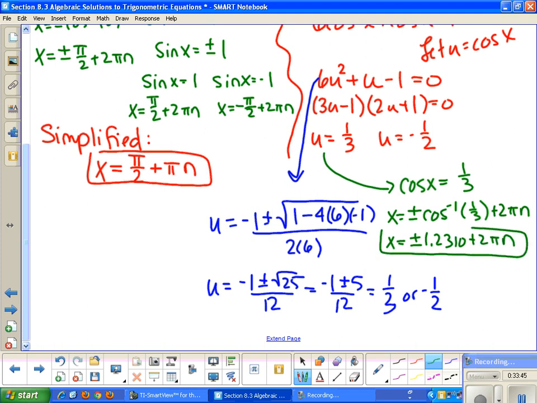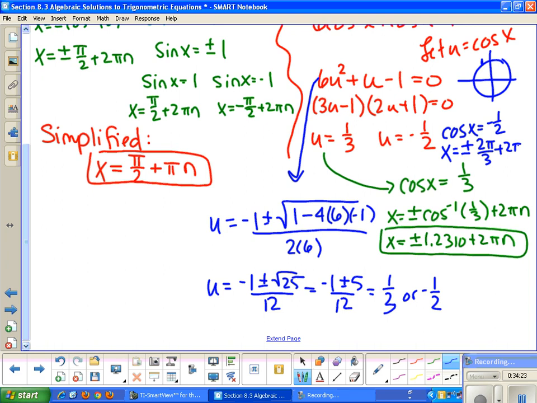And then I'm not done because remember I still have to do this solution up here. So I get the cosine of x is equal to -1/2. That is a value on my unit circle. Since it is a value on my unit circle, I can use my unit circle to help me. I know I would be in the second quadrant or the third quadrant to get a negative x value for cosine, because remember cosine is your x, sine is your y. So if I want -1/2, I would be up here. So I know that's going to be at 2 pi over 3. So in this case, x would be equal to, and I can do plus or minus that answer, so plus or minus 2 pi over 3